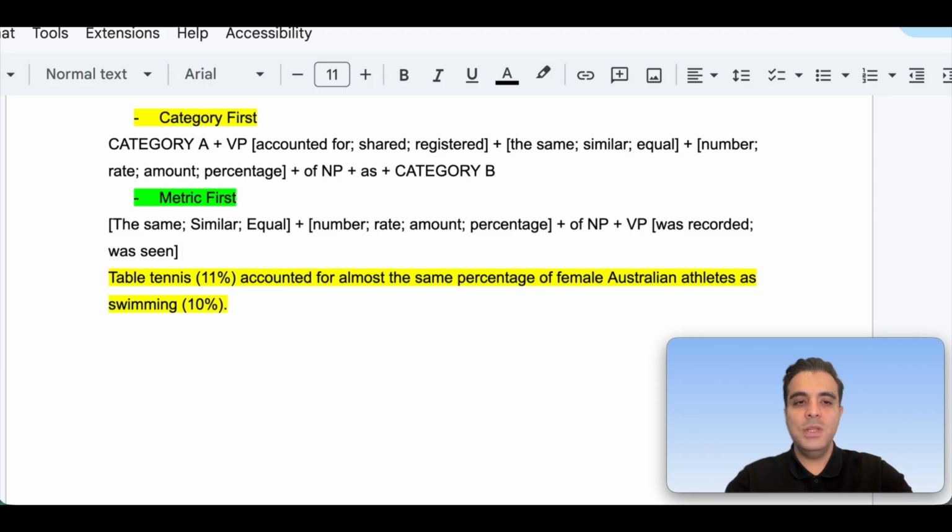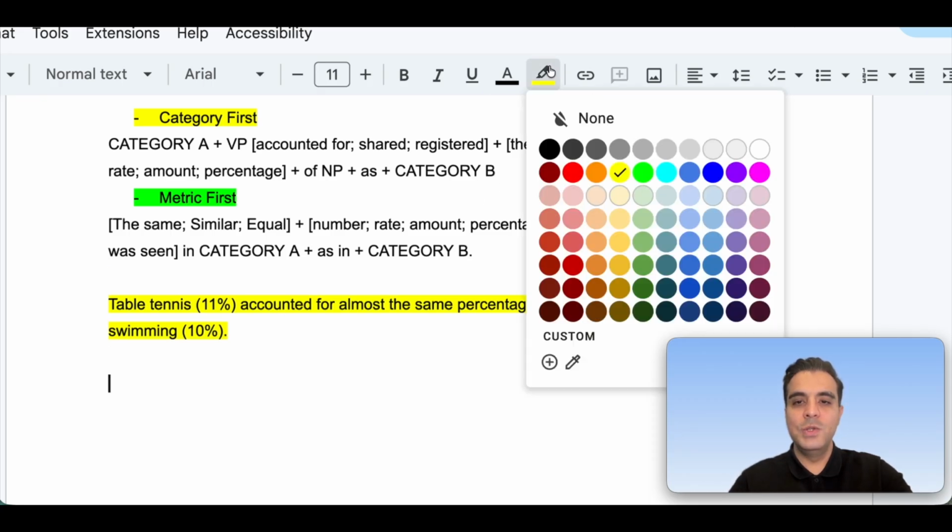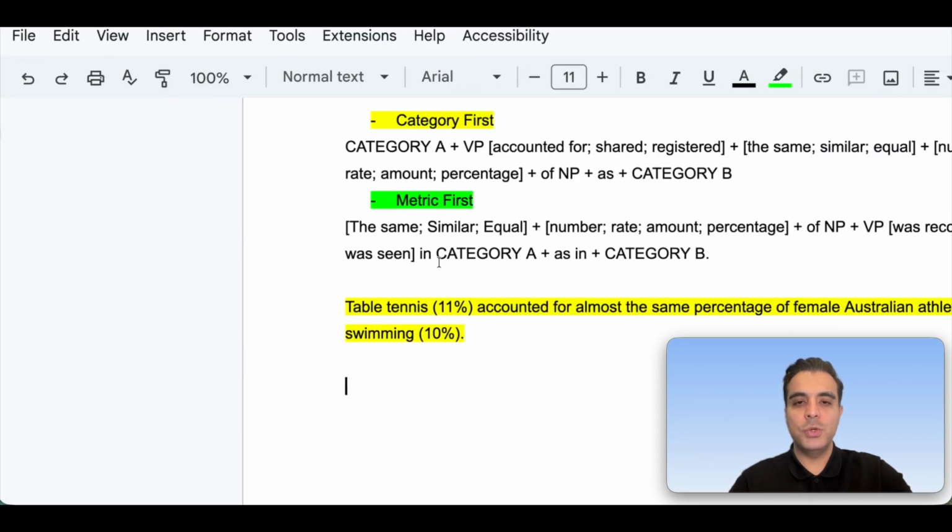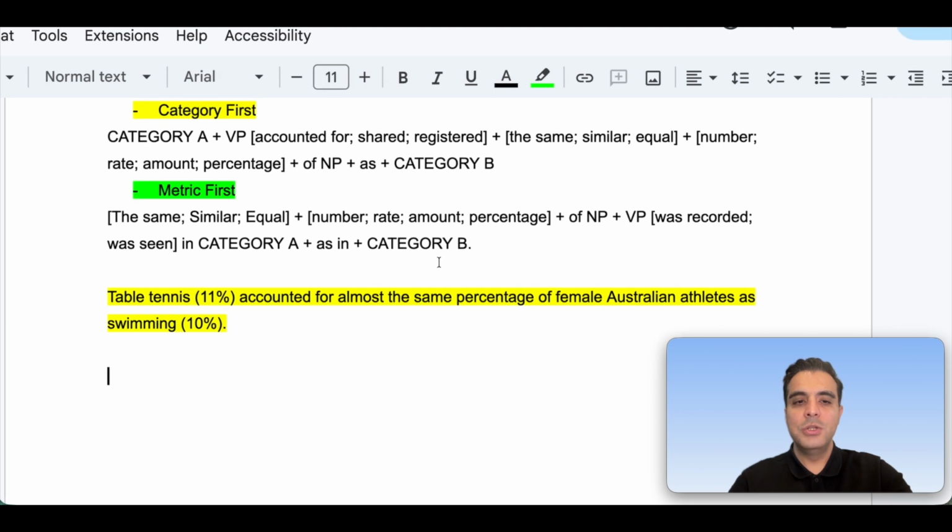And the way we do this is we say "in category A as in category B." Okay, let's see if we can use the metric first structure, which I'll highlight here in green,